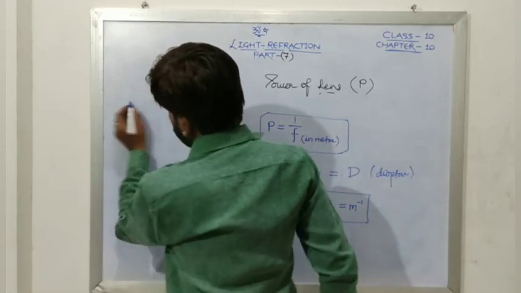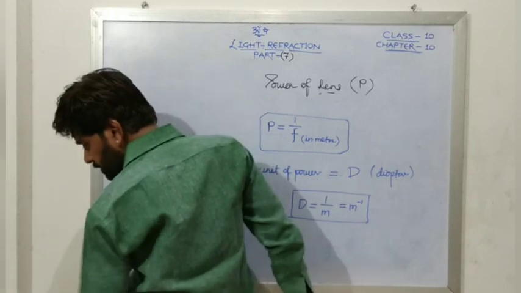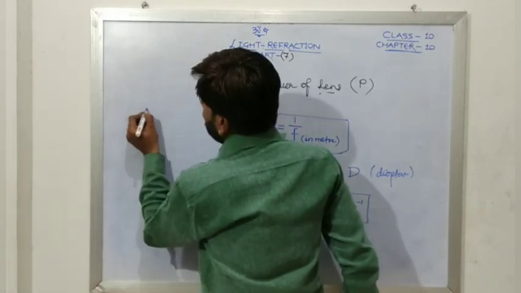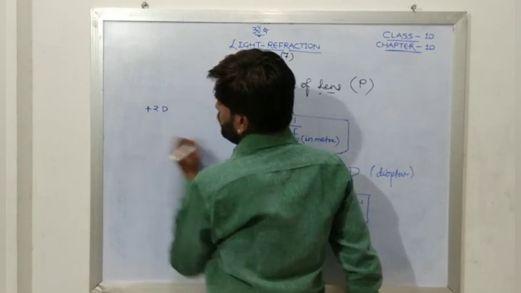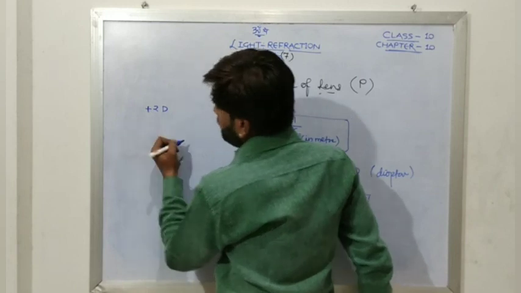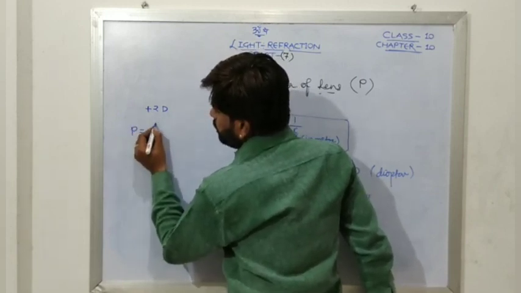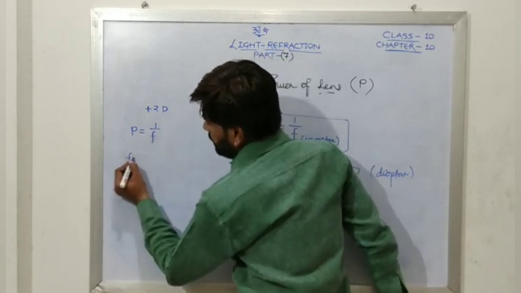Say the focal length is given in centimeters, not the power. Suppose an optician says the power of your lens is plus 2 D. Then what will be the focal length? So power is equal to 1 upon focal length, so from here the focal length will be equal to